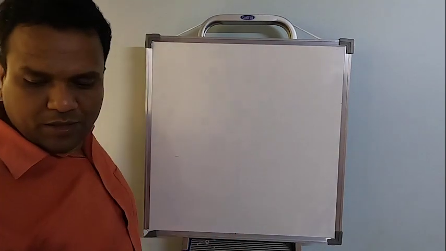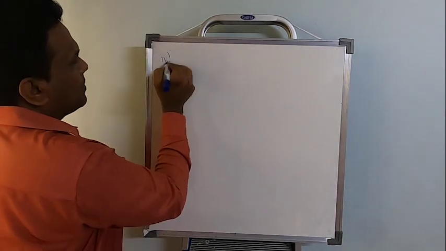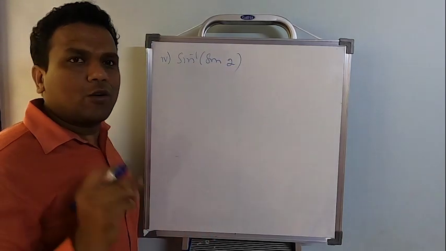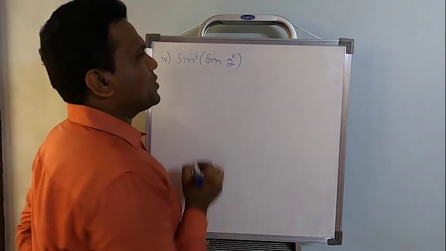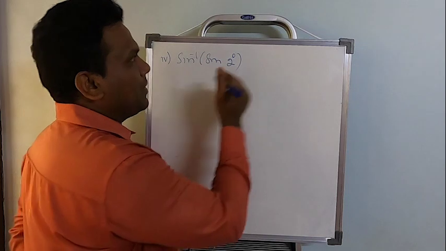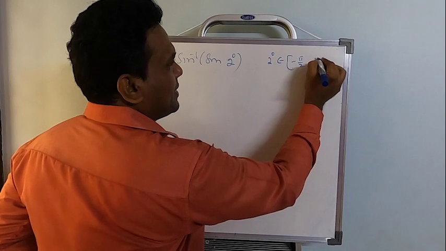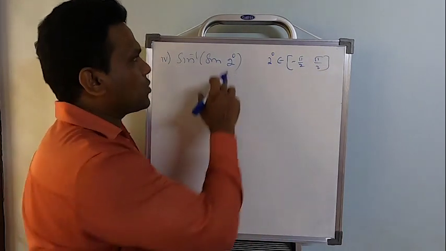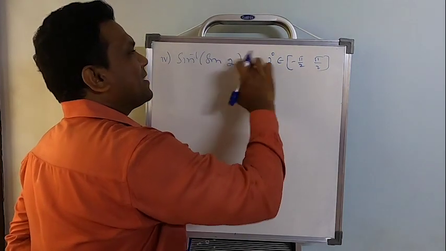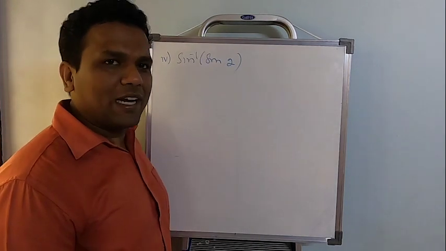So we are done with problem number 3. Now let's go to problem number 4. A bit different one. Quite useful when studying for objectives. Sine inverse sine 2. Remember students, if they mention it like this with the degree sign, it is degrees. Then directly I will just check whether 2 degrees is an angle between minus 90 to plus 90. Of course, 2 degrees is an angle between minus 90 degrees to plus 90. But here they didn't mention degrees. If nothing is mentioned, it is in terms of radians.